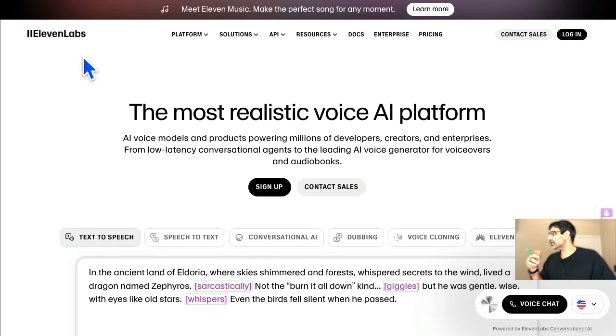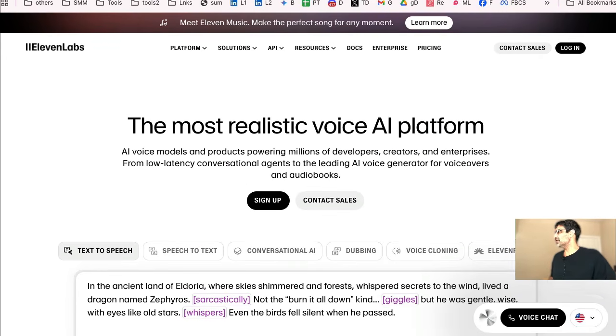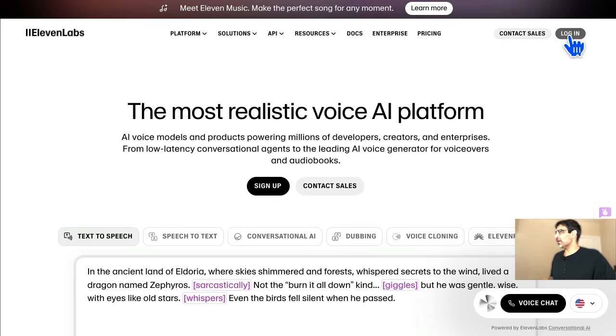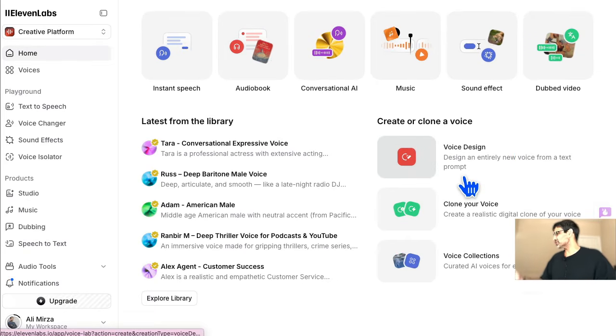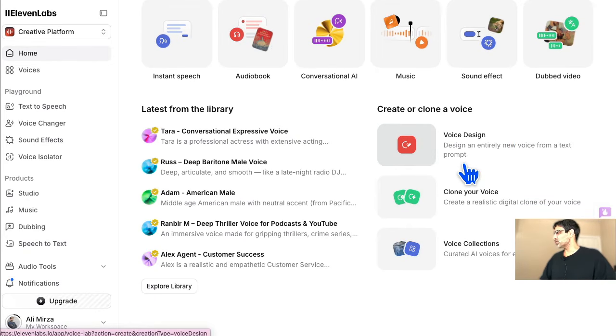All right, the tool we're going to use, it's everyone's favorite, 11 Labs, 11labs.io. That is the URL, which is right here. Now, let me log in and show you. It's super easy to create different types of tracks, music, background sounds, background tracks for your content. So once you log in, here's the dashboard. You're gonna click under products, click on music,